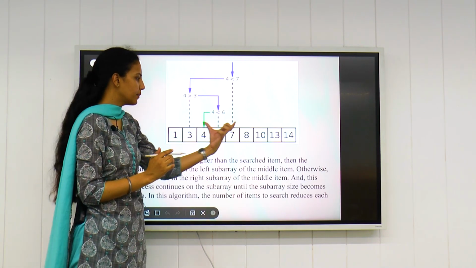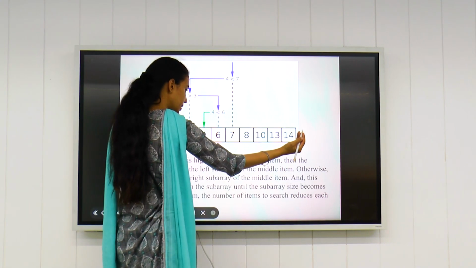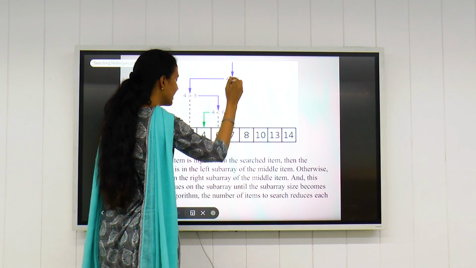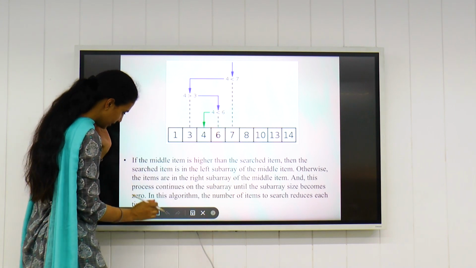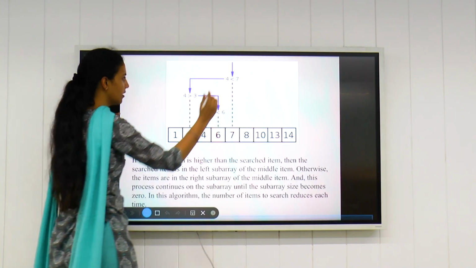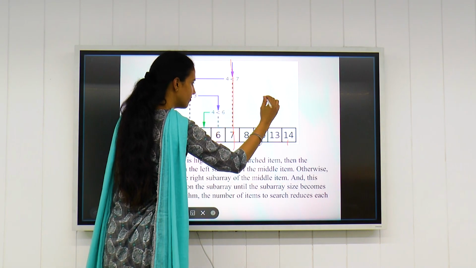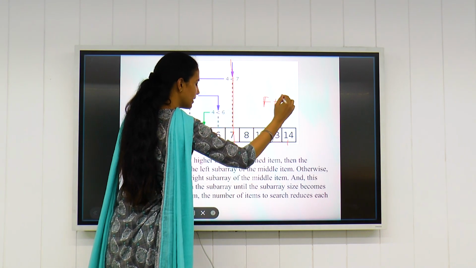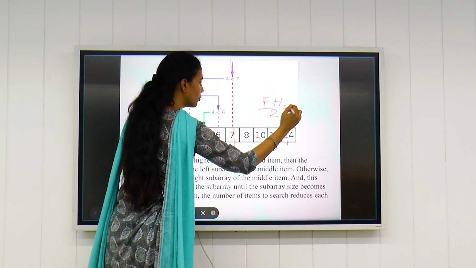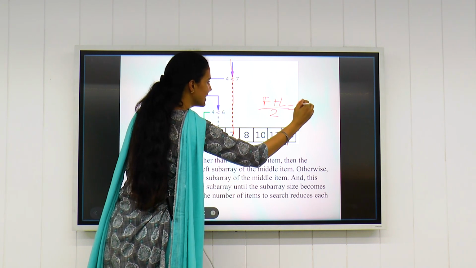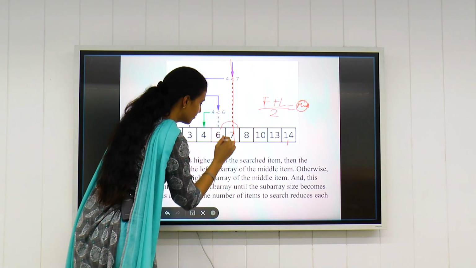This is again an example. Suppose we have a big list of elements. We'll basically find the middle element, which is found by first plus last divided by 2. Whatever value comes out, that is the middle value location, that is 7.